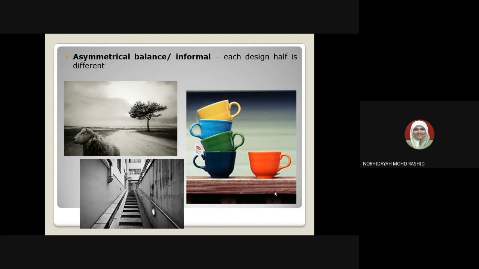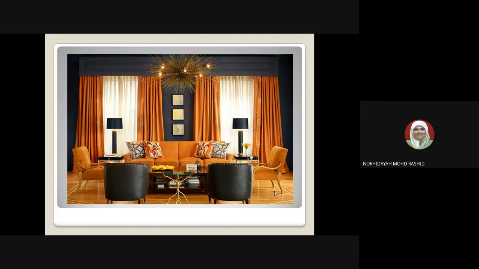So you can see that the asymmetrical balance actually is much easier to identify. Dan benda tu berada di mana-mana. Symmetrical balance actually is very hard to get because kita kena pastikan kiri dan kanan design itu sama. Tapi boleh je kalau kita nak buat benda tu. Contohnya bila kata Dewan Berlian, kalau kita perlukan 2 layar skrin, 2 white screen tu ada dekat situ, kiri dan kanan. So that's actually a symmetrical.